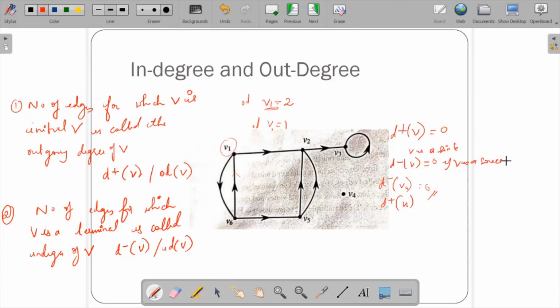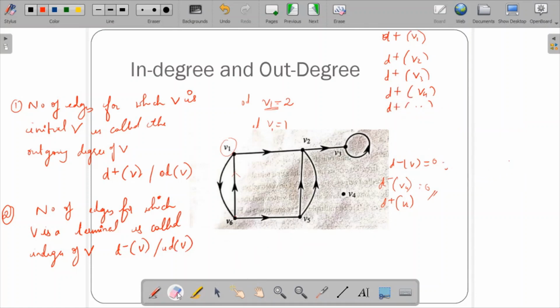So here about V1, let us calculate the in degree and out degree. First let us calculate the out degree of all the vertices. I'll write out degree of vertex 1, out degree of vertex 2, vertex 3, vertex 4, vertex 5, and vertex 6.